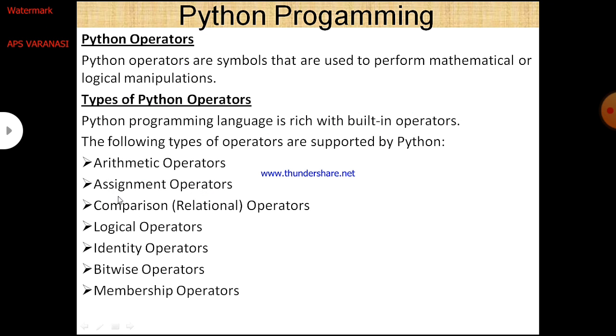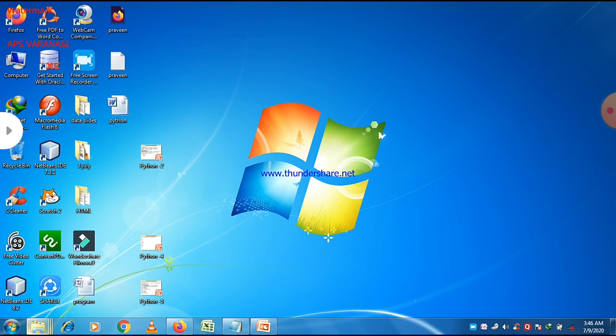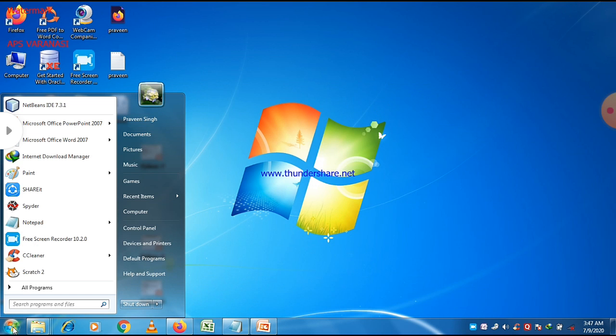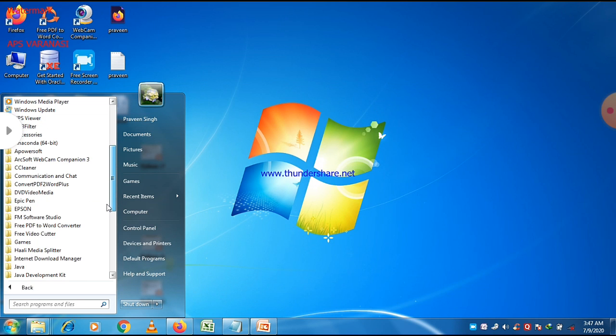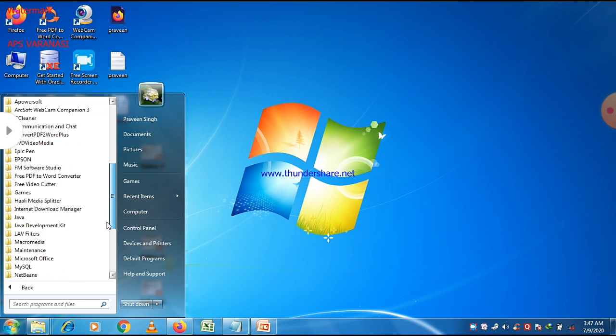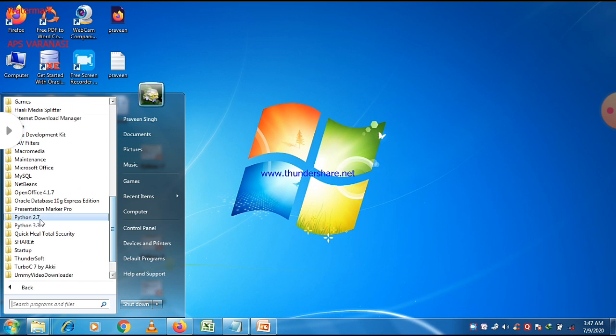First of all, start Python programming. Go to Start, All Programs, and then Python 3.3 version. Two versions, 2.7 and 3.3, are there, but I use Python 3.3 here.